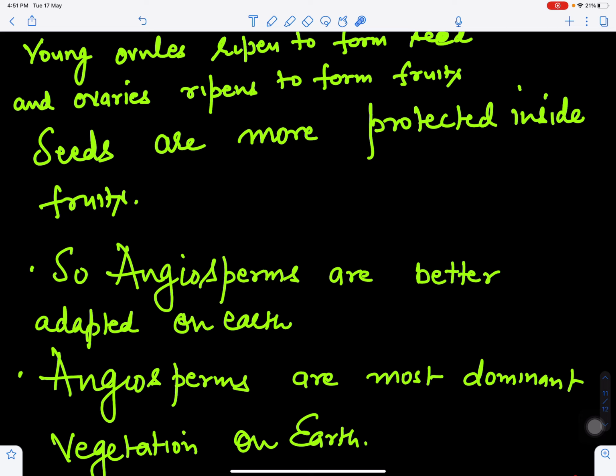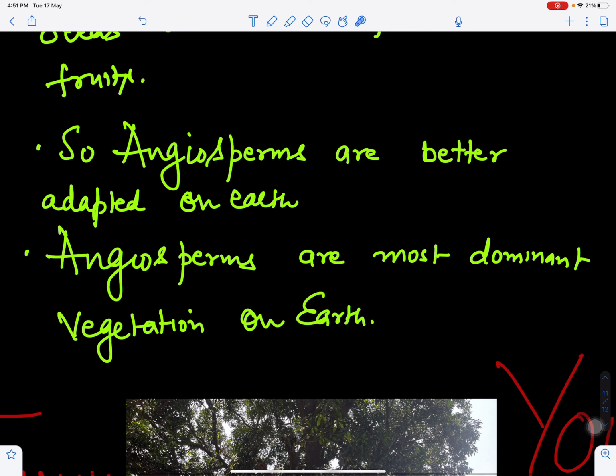So they also have many methods of dispersal. So they are widely dispersed on the earth, they are widely protected on the earth. So this is the reason angiosperms are the most predominant vegetation on the earth, because they are dispersed by various methods. They can pass the adverse environmental condition. Seed is protected, embryo becomes dormant, it is not being shed, and this is also protected by the ovary wall. So this is how angiosperm became seed plant, and this has led to the evolution of the seed habit in